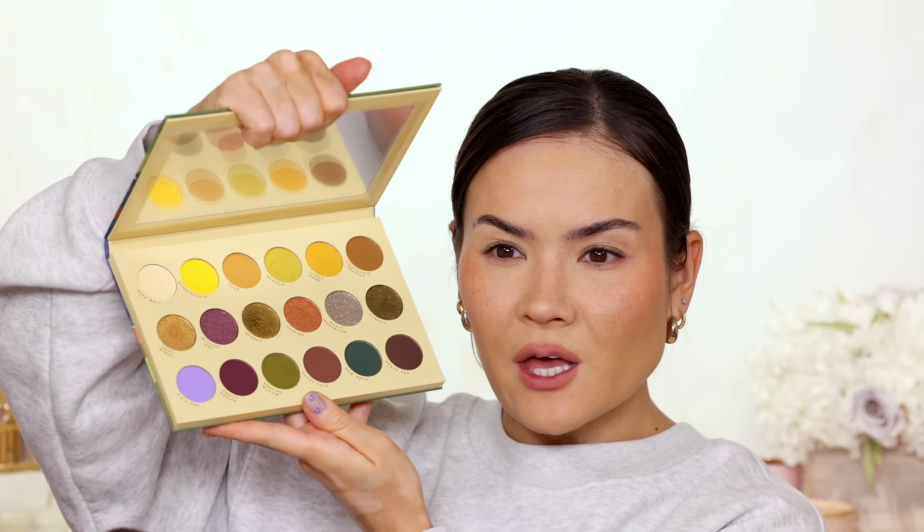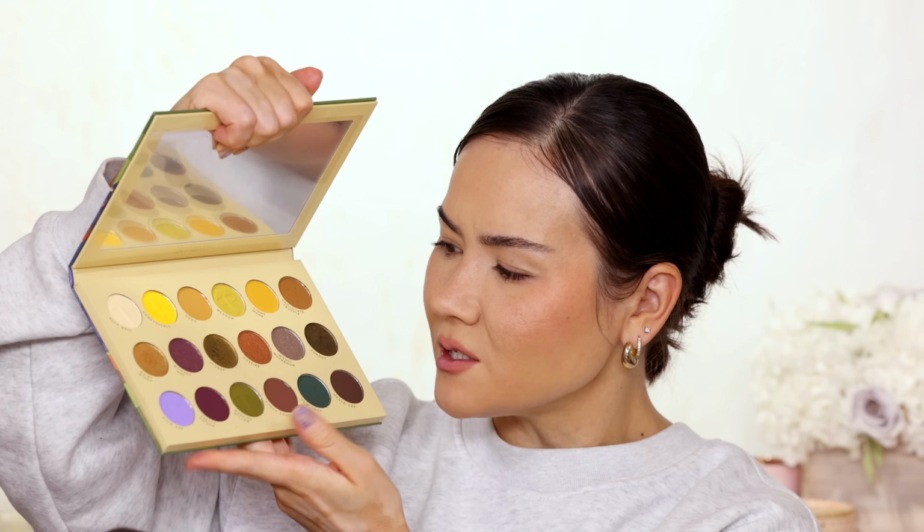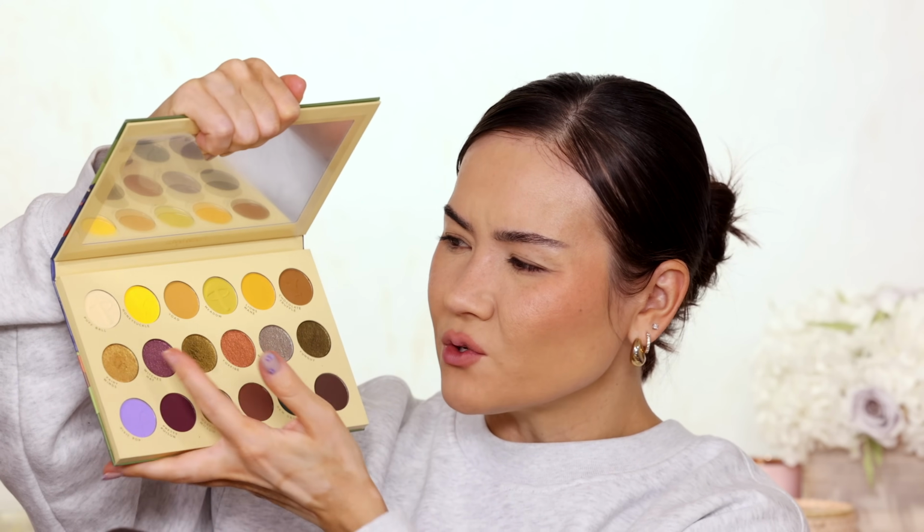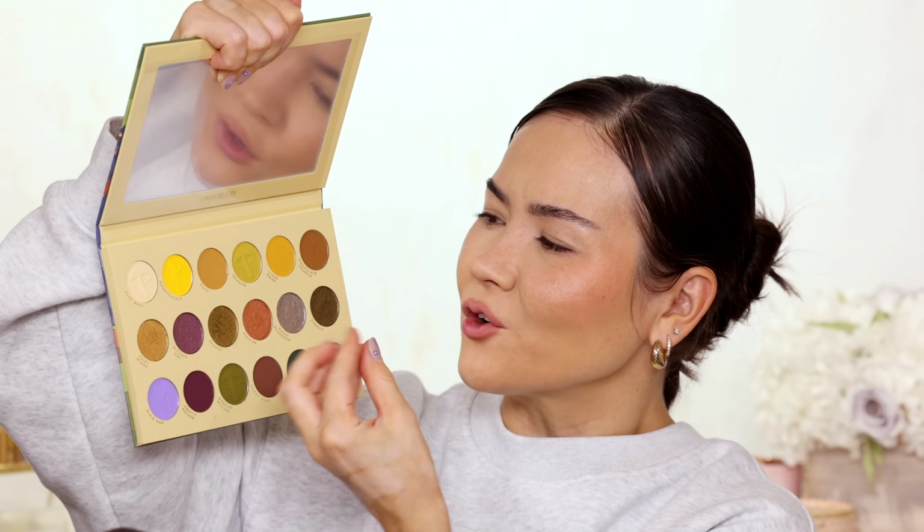I tried a number of palettes this month. The Lunar Beauty Moonshroom, this one is really pretty and definitely a fave of mine because it has tons of colors and it just looks like a breath of fresh air, you know? It has these beautiful, whimsical, iridescent, sparkly shades and also some enchanting, fairy-like forest shades. I really like this palette. I think it's unique. I think it's different. Quality is amazing, but I actually did not reach for it that much